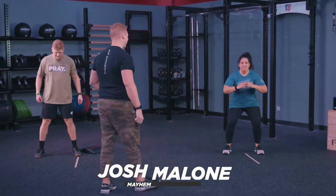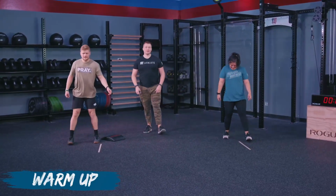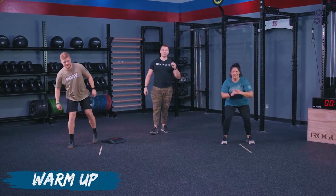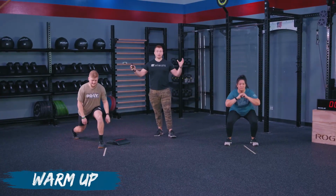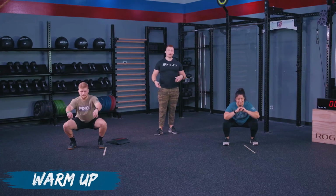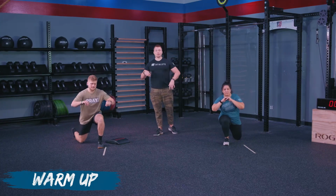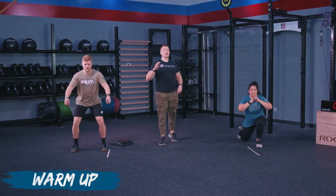We are getting straight into this warm up. We're starting now. Athletes are gonna go into squats with a step back lunge on each side. So right now we are figuring out our positions for the workout. You guys are welcome to go into squats with a step back lunge or squats with a forward lunge, or you can even do a walking lunge if you've got the space for it. But we wanna explore those corners, explore that range of motion, and make sure that we feel good in preparation